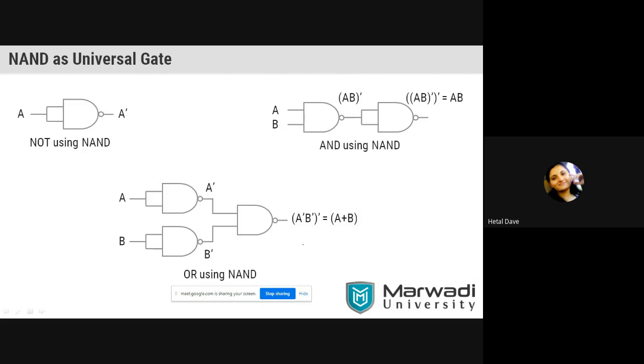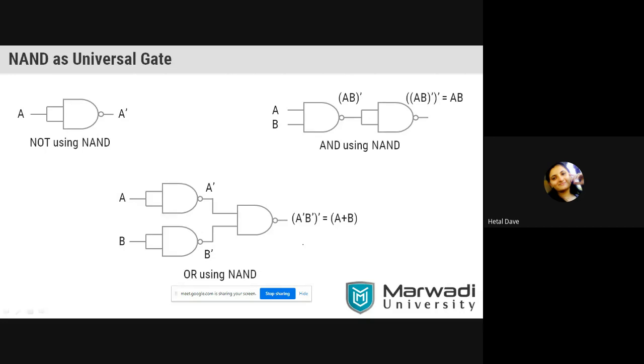For the 1 by 1 combination, you need to use the truth table of the NAND gate. In your book, you will make the NAND gate truth table. Then you will make this circuit's truth table, so you can verify the truth table. You can get the same as the OR gate truth table.